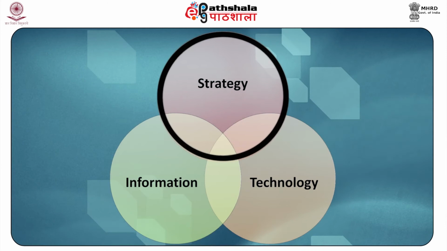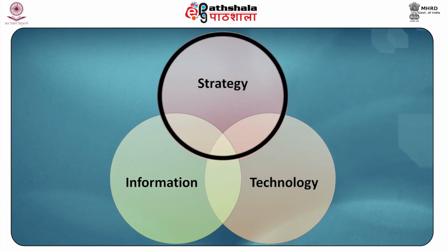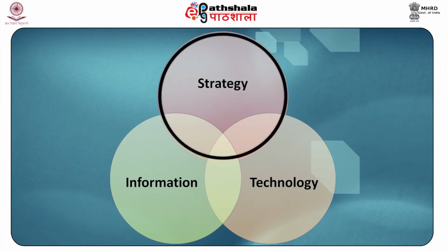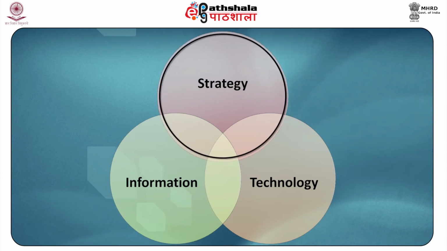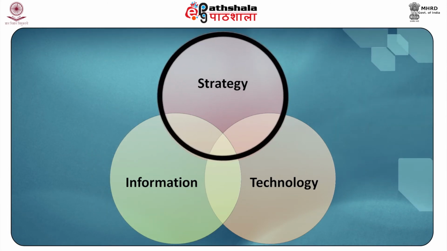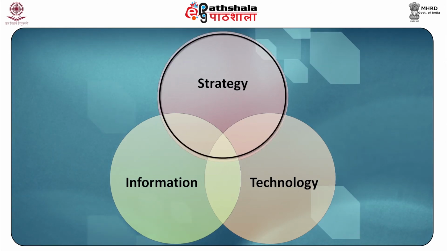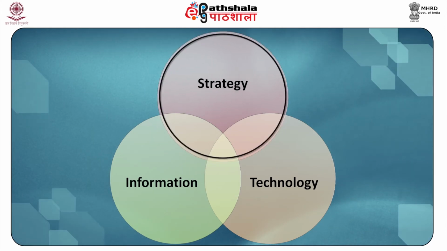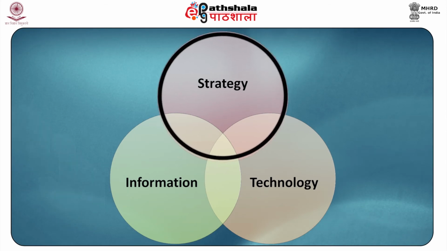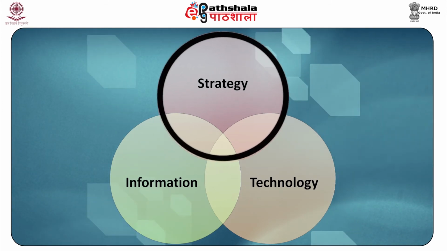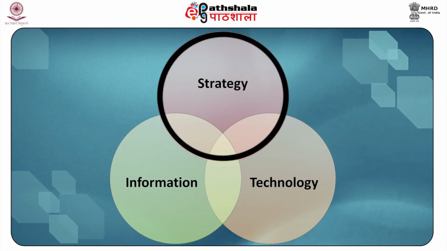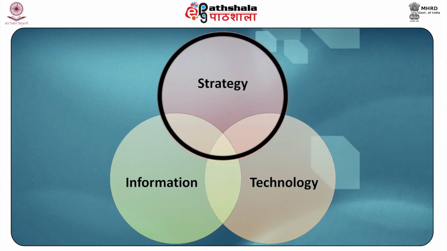Now let's see what these three mean. First we will talk about strategy. Strategy adopted by an organization to achieve the organization objectives determines a great deal the kind of organization structure the organization would like to have. In order to reach the goal, it is very important to match the organizational structure with the strategy that the organization is following. An organization structure which is compatible to the organizational strategy acts like a means to an end and not an end in itself. Hence, it helps in achieving the organizational goals.